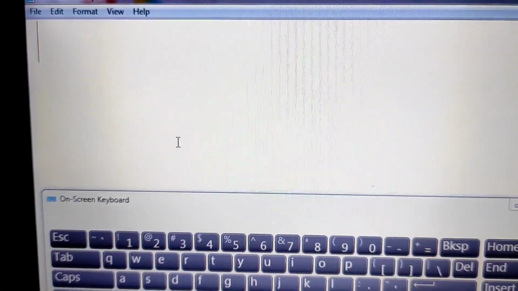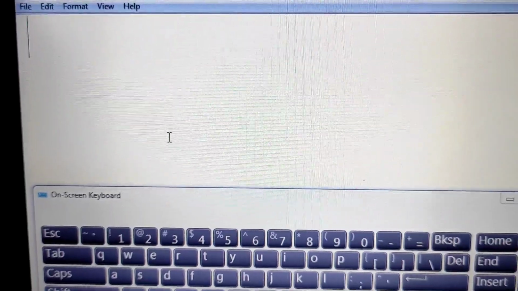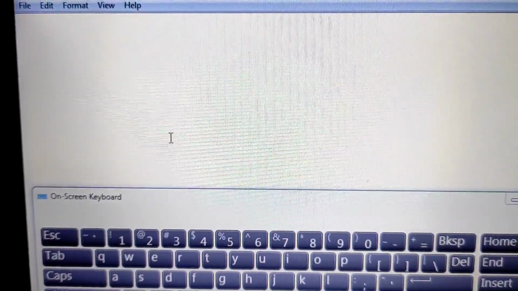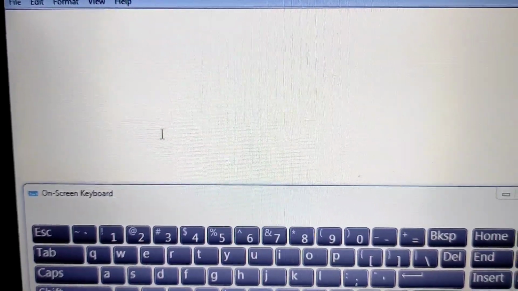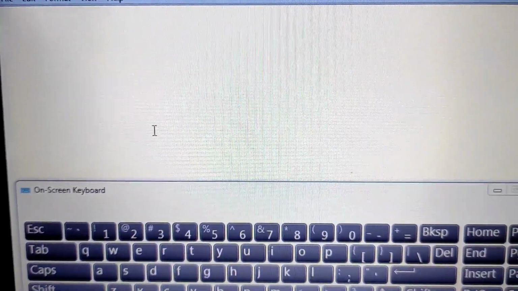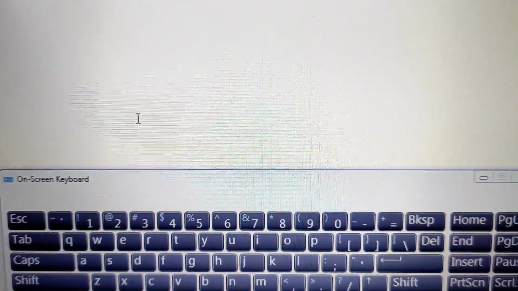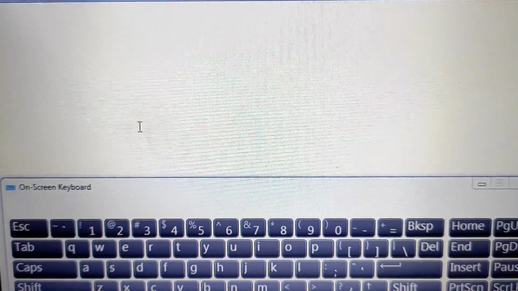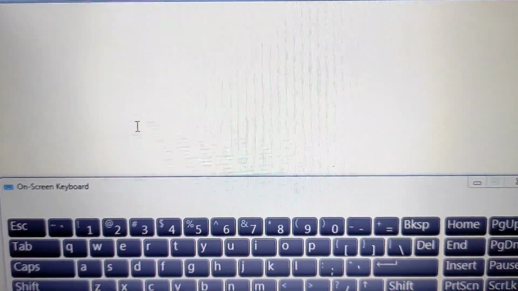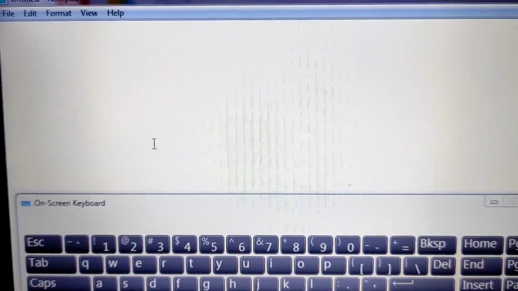My dear children, now let us learn about alphabet keys. So what are these alphabet keys? The keys having alphabets A to Z written on them are called alphabet keys. As you all know, there are 26 alphabet keys on a keyboard, and the alphabet keys help us to type letters and words.